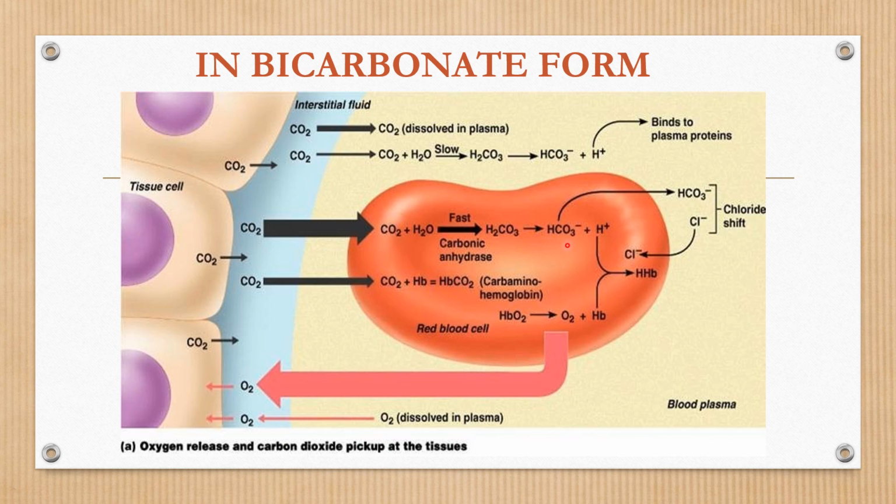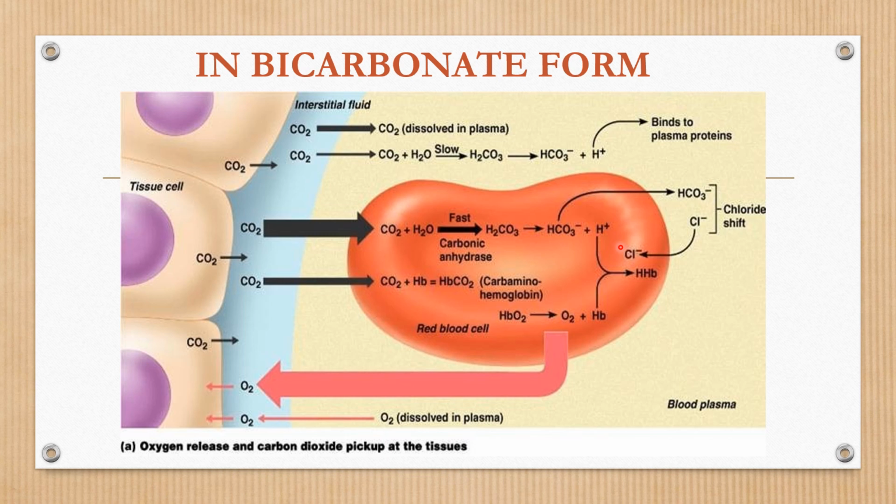For exchange, what happens when the bicarbonate ion moves out of the cell? The negativity inside the cell decreases. In order to neutralize this effect, negatively charged chloride ions move into the RBC to replace the bicarbonate. This movement of chloride ions into the RBC is the chloride shift, or Hamburger phenomenon, and it occurs very rapidly, being completed within 1 second.